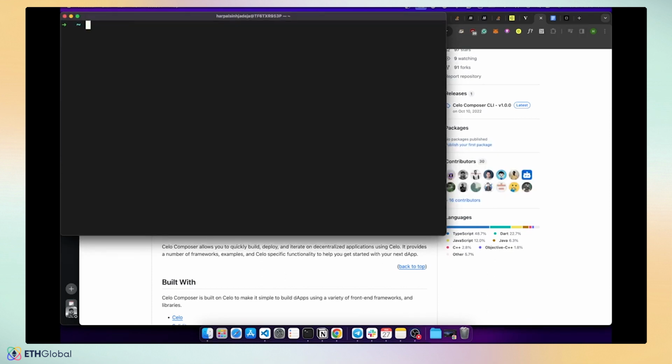To start working with Celo Composer, we need to install Celo Composer as a global package. So we're going to use this command to install Celo Composer. Once you're done installing Celo Composer, we can use the npx command to use the MiniPay template. Create, and the template we want to create is MiniPay. Now all we have to do is give it a name. So I'm going to give it a name called ETHGlobal Demo,